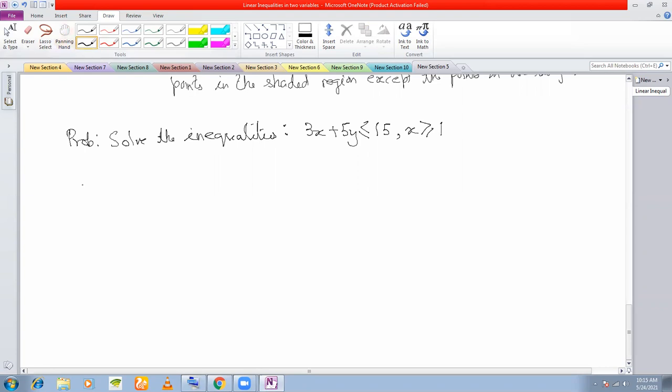So first write the corresponding equalities. The corresponding equalities are 3x plus 5y is equal to 15 and x is equal to 1. Okay, so now we'll draw the graph for both. So for the first one,